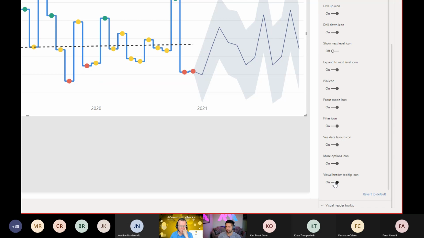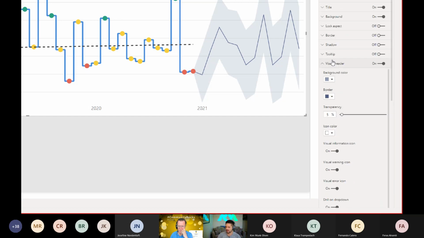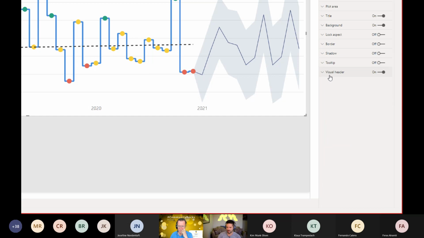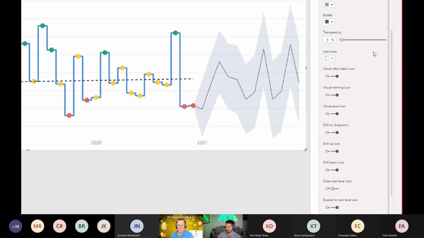I don't know about you, I definitely like to go through and just see all the menu options for most visuals. I don't think the average developer probably does that because there are so many submenus in here. So if you don't think to go to the bottom of this menu and look for that, it's something that can be very easily missed. So again, it's a great feature. I just think it could be a bit more visible as far as people knowing that it exists, and not have to turn it on to get the actual menu down here to pop up.